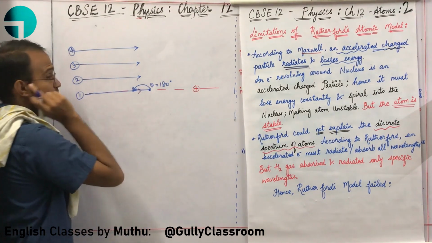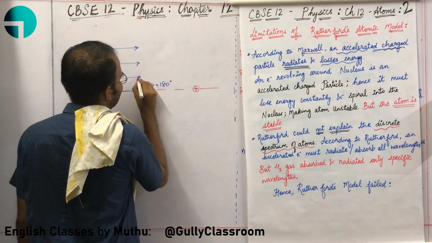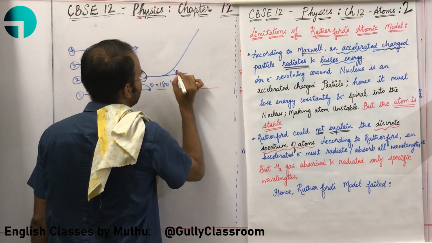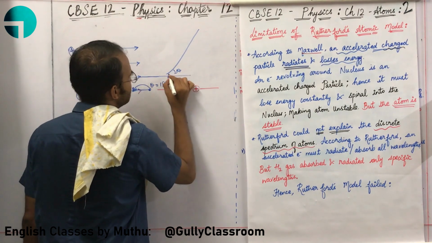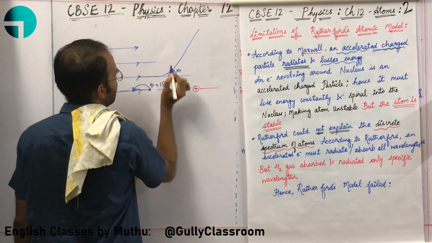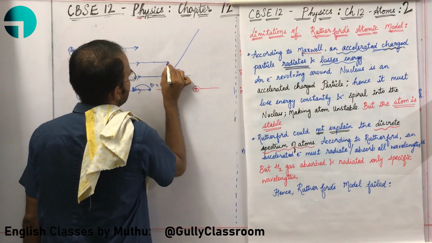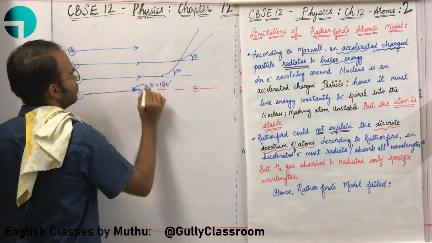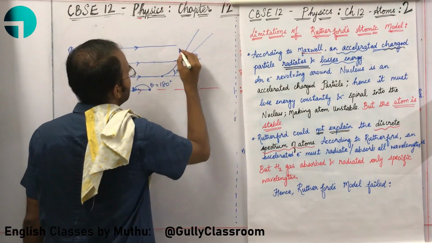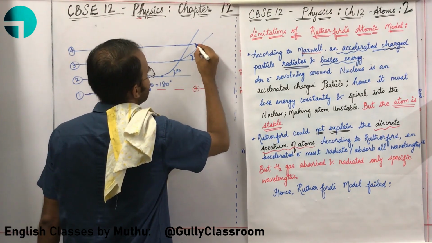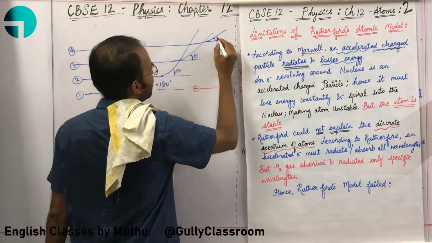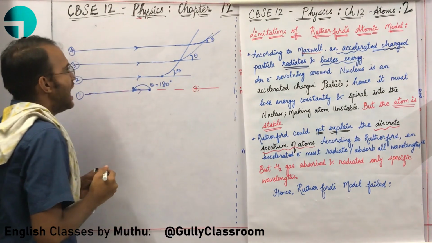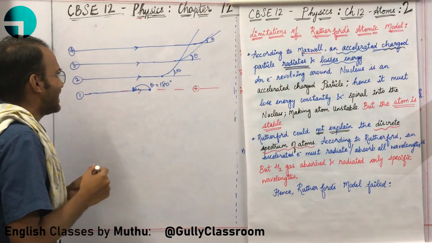What is happening with respect to the path 2 alpha particle? It is getting slightly nearer and then it is undergoing scattering. The scattering angle has been reduced. What about the next alpha particle? It is going even closer and then it is undergoing scattering. Once more the scattering angle is reduced. What happens with respect to path 4? It is going again closer to the nucleus and then it is scattering. Here also the scattering angle is reduced. As we go up, our scattering angle is reduced.